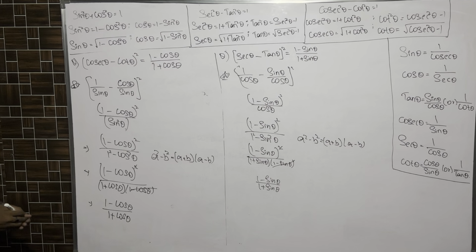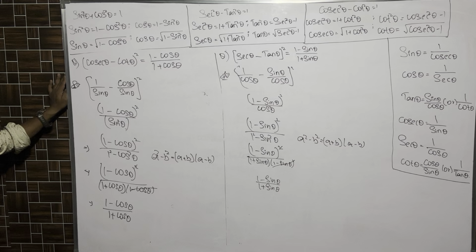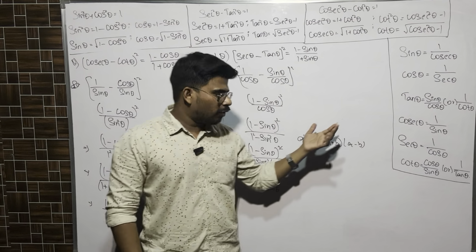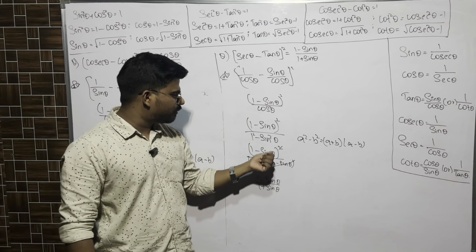Yes, almost this formula will be used in most of the questions. Not mandatory. Yes, a square minus b square in trigonometry. Whenever you do rationalize, there you will have this formula. Identify, that is what the problem is. You have to look at what is required. What is required? Numerator we got, denominator we have converted.